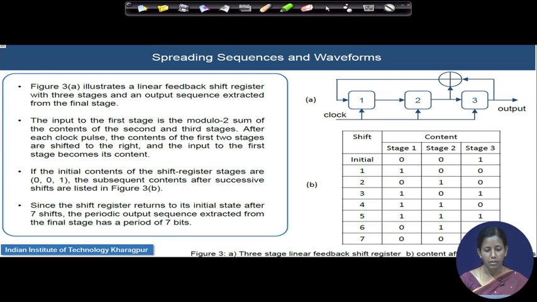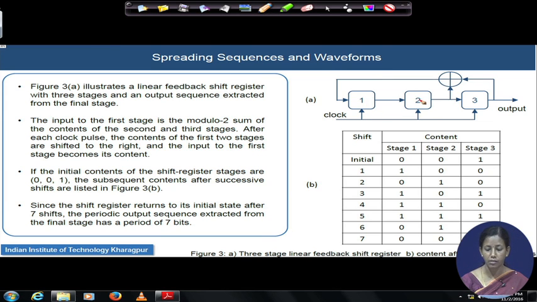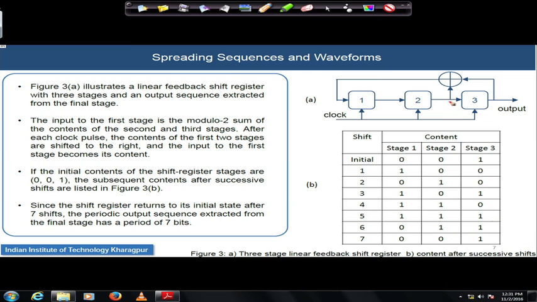So, this is a very simple example of generating this kind of sequence through a shift register, showing how to generate the spreading sequence. The example consists of only 3 stages. The outputs of stage 2 and stage 3 are added by a modulo 2 operation, which is basically an XOR operation,